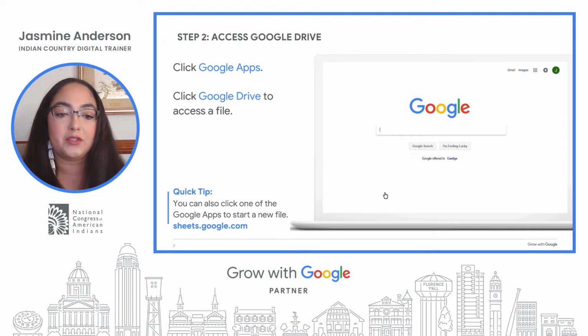Google Drive allows you to store, access, and share files like documents, slideshows, forms, and photos in one place. Instead of being stored on one computer, your Google Drive files are stored in the cloud. The cloud is a safe place on the internet where you can save important information. After you save something on your Google Drive, you can easily access it from any computer, smartphone, or tablet with internet access. Files stored on Google Drive won't get lost, even if your computer crashes, and